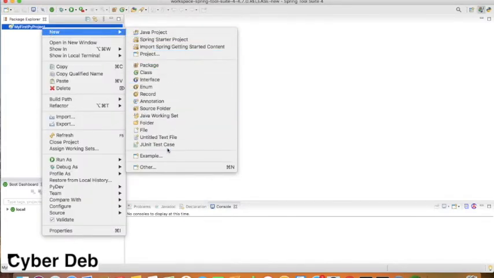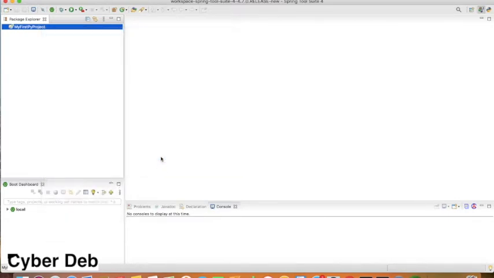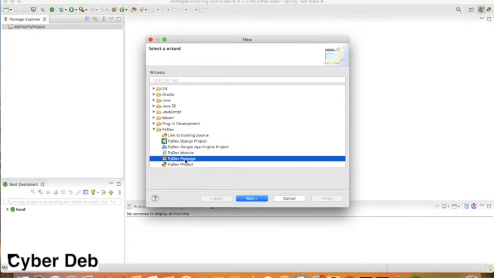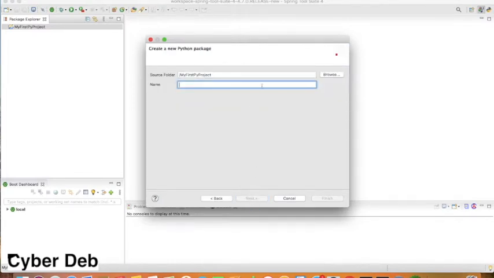You have to go for creating a package, a Python package. That's the first thing you have to do while developing a Python project. So go for Other, the PyDev package.